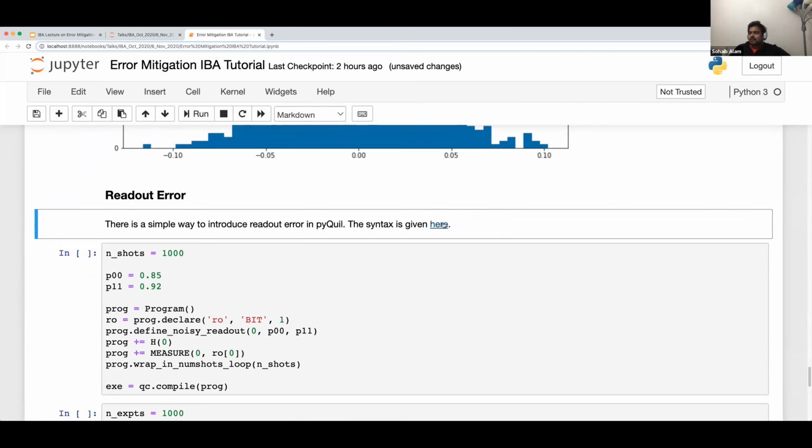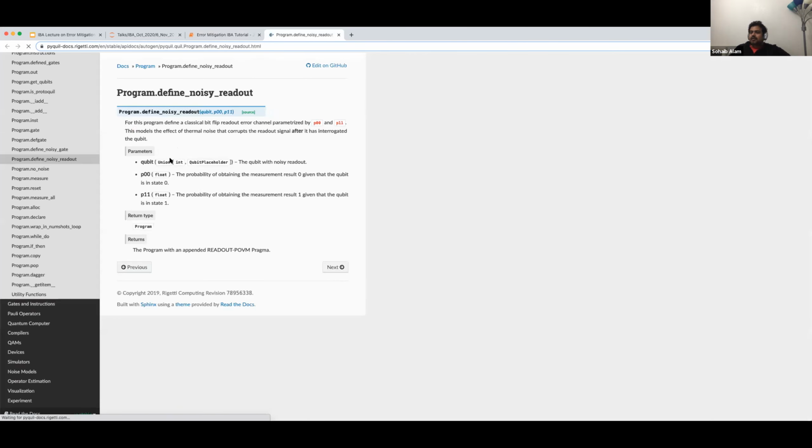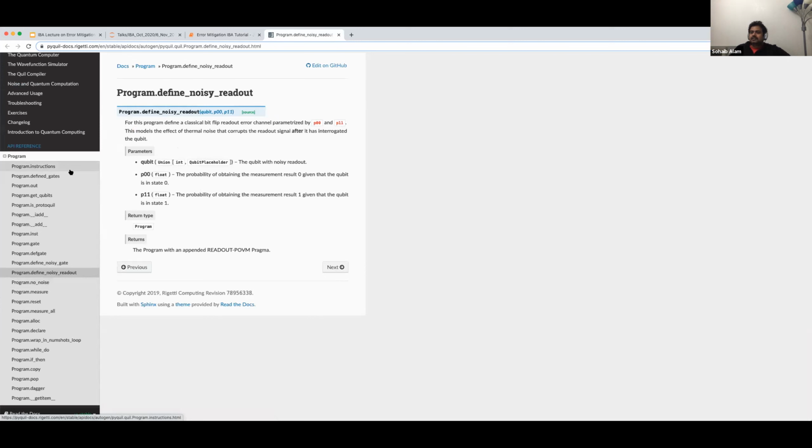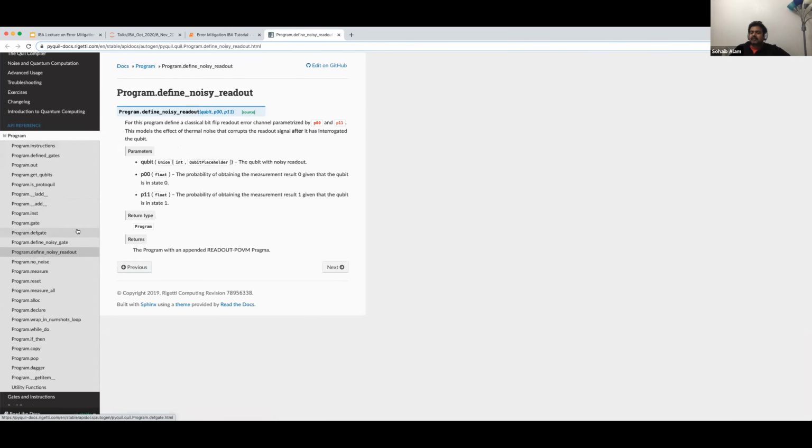So if you want, you can read a little bit more about what the API looks like over here. This is the entire API reference, by the way. But basically, it's very simple to define uncorrelated readout errors on our qubits if you want to simulate this kind of readout noise. Basically, the idea is that you specify what the qubit is, and P00 is the probability of obtaining the measurement result 0, given that the qubit is in the state 0. So this is like, if you read out the qubit into state 0, given that it was sampled as a